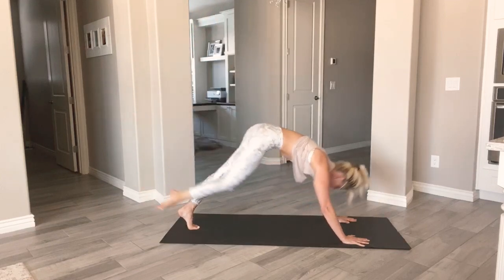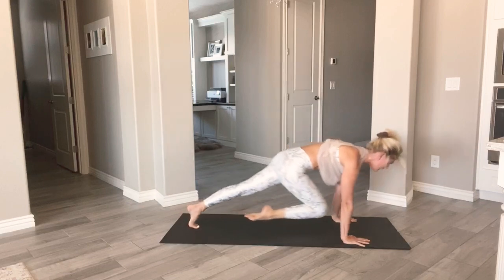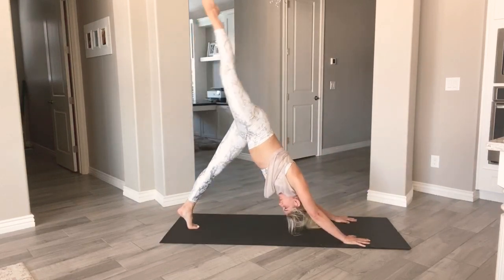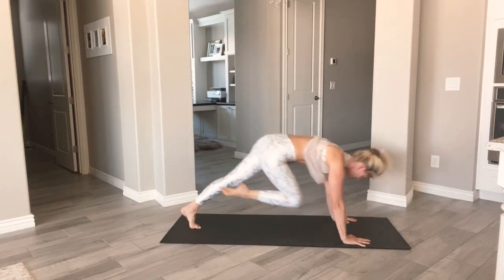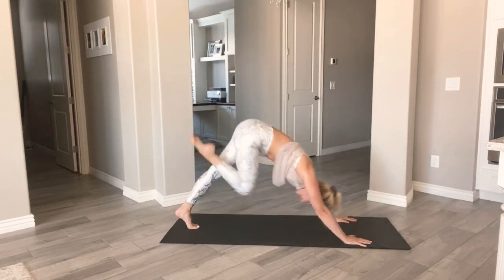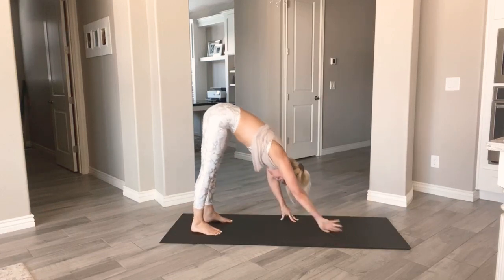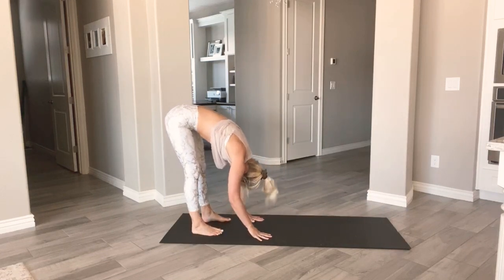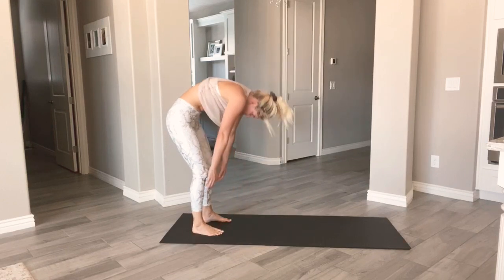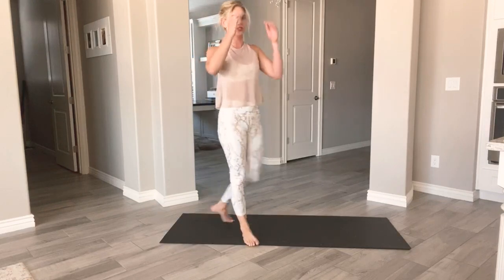10. 5. 1. Set the foot down, downward dog. Walk your hands into your feet and slowly roll all the way up. Rolling out your shoulders,